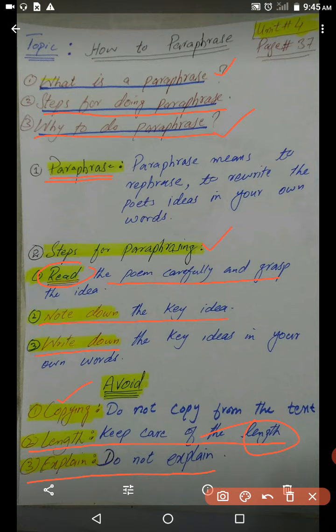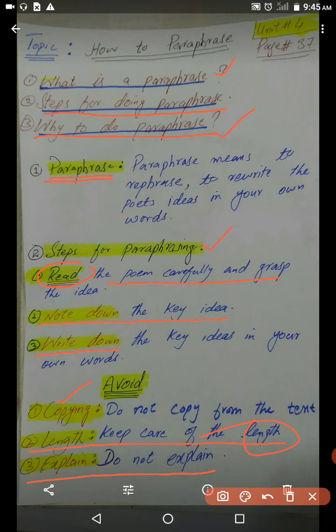Now this is just the theory of doing paraphrase. Theoretically we discuss how to do paraphrase. You have to do it practically, because it is something practical. You cannot learn it by just listening or watching or doing the theory of doing paraphrase. What you have to do, you have to pick up your pen and come to page number 34. And in this we are having the poem The Daffodils, and here we are having 4 stanzas.